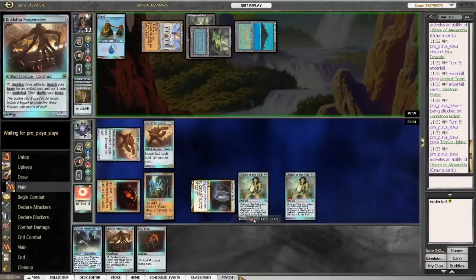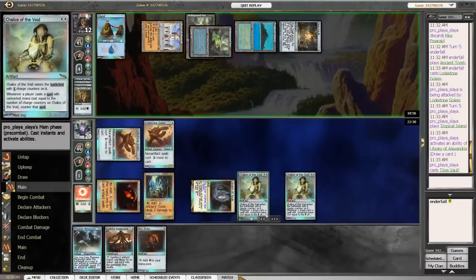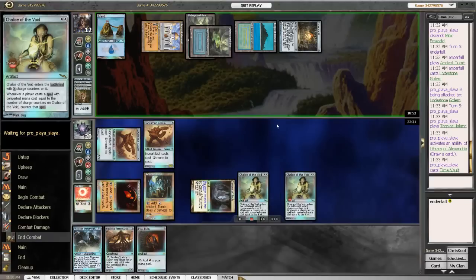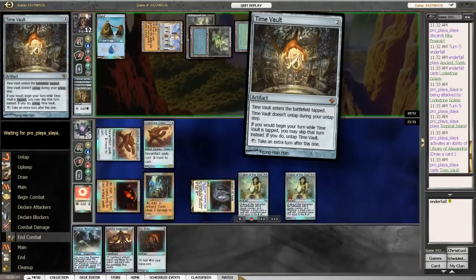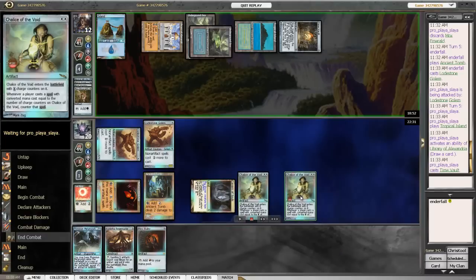So our opponent played a Tropical Island, drew another card off the Library of Alexandria, and played a Time Vault. So at this point, we are in sort of a weird situation where the Time Vault is kind of a threat. Although we have him locked up with a Chalice of the Void on 1, he could just simply bounce that